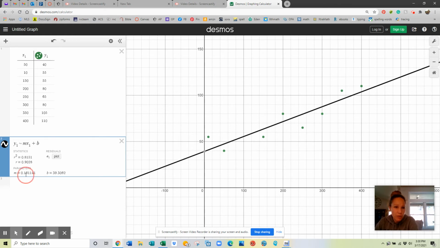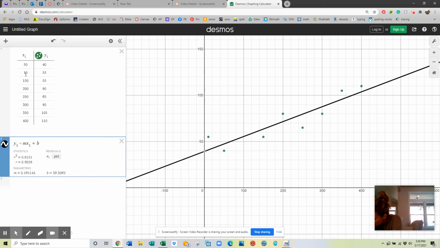Okay, and then it says interpret the slope and the Y-intercept of the line of best fit. The slope here represents how many more people are going to come for each additional dollar. And the way you can figure that out is Y is measured in people, in attendance, and X is measured in dollars. So if I do rise over run, the change in Y over the change in X, Y represents people per dollar. Okay, so the M would be the number of people who attend